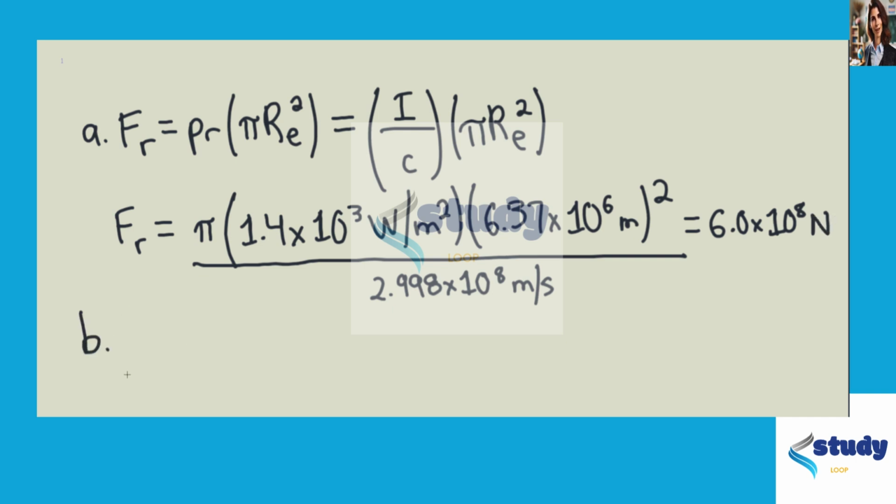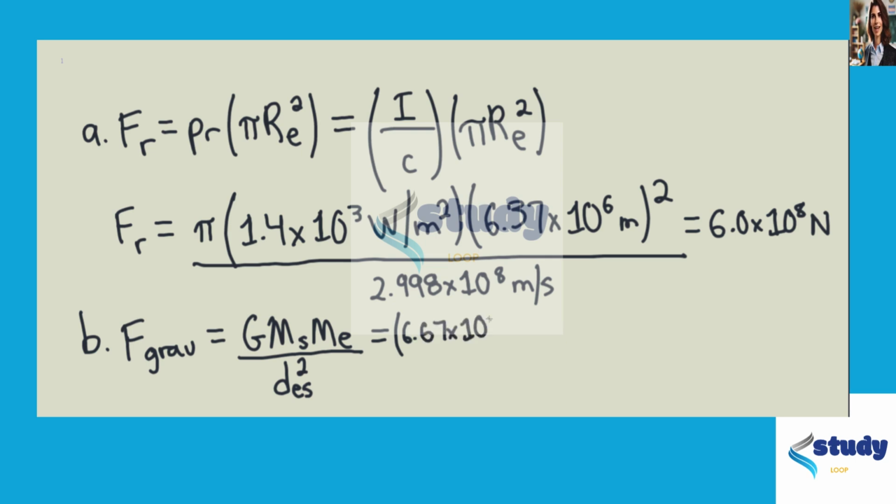For part B, we want to find the gravitational pull of the sun on the Earth. So here, force of gravity would be equal to the gravitational constant times the mass of the sun multiplied by the mass of the Earth divided by essentially the distance between the center of the Earth and the center of the sun, quantity squared. We can solve 6.67 times 10 to the negative 11th. That's the gravitational constant. This would be Newton meters squared per kilogram squared, and then multiply by 2 times 10 to the 30th, the mass of the sun,